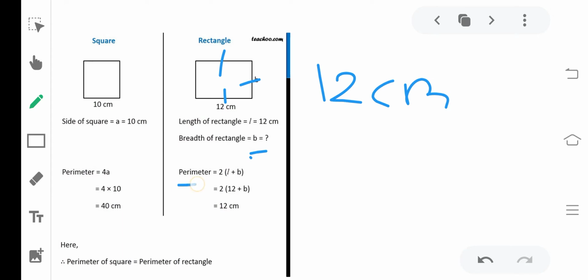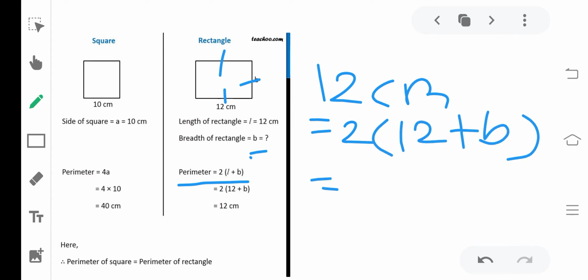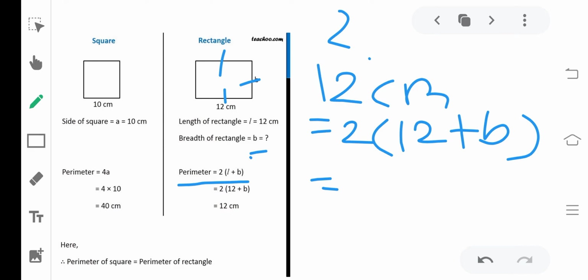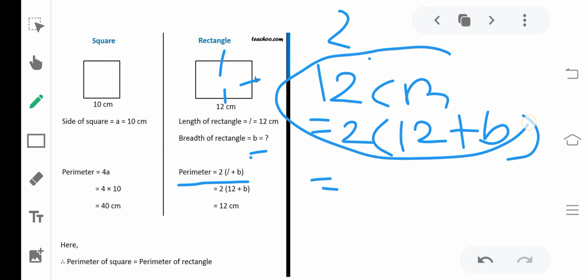Then you have to use the perimeter is equal to 2 into length plus breadth. Means you have 12 plus breadth. Remember this. You have to find the breadth because the breadth is not given. Breadth is a question mark. Then you will see 2 into 12, how many? You should first remind it and then you can get it. The simple techniques you have to use to solve it, there is nothing different in between.